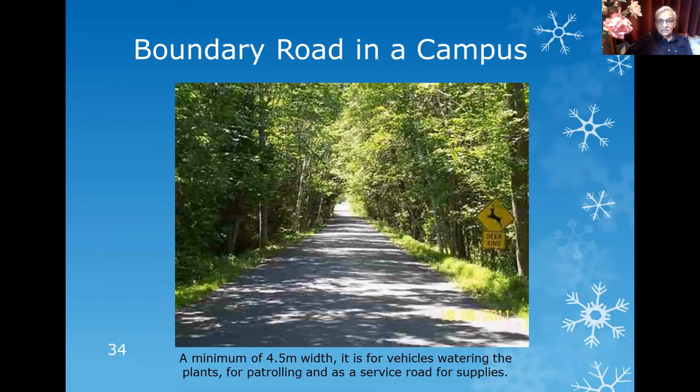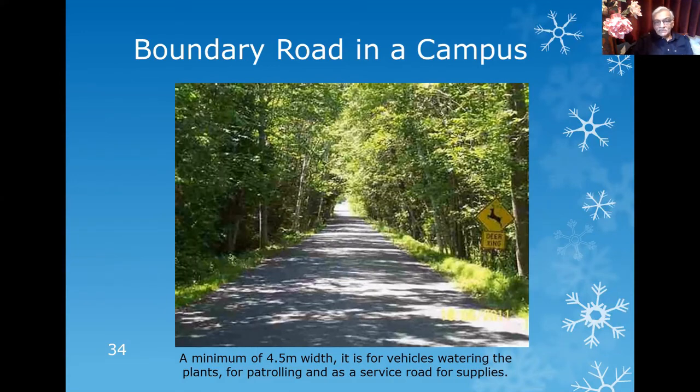And last, but not the least, if there is a fire hazard in the campus, then this boundary wall road becomes a very important aspect for a fire tender to come in and quickly reach the place where the fire has occurred.